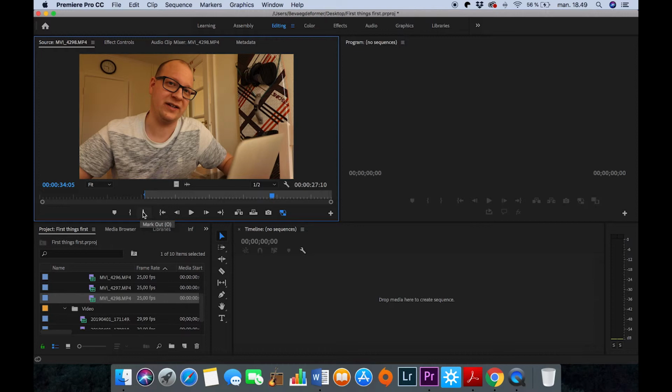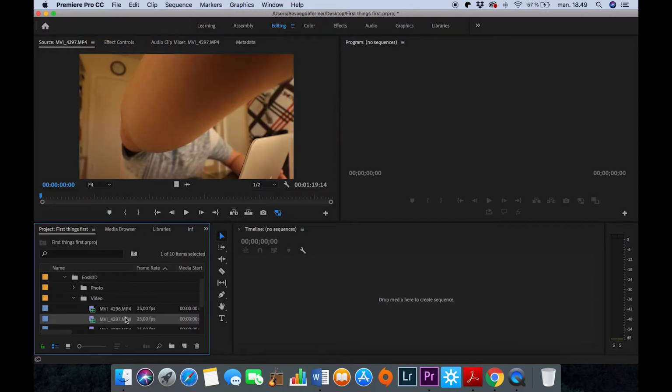I've started out a new project. I've imported my media first to my template folder, and secondly I've imported all of those folders with their subfolders into my project panel, and they are now a part of my Premiere project. So now I can actually begin building up my timeline using my raw media.